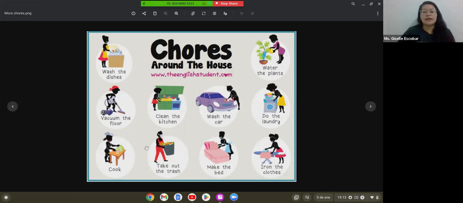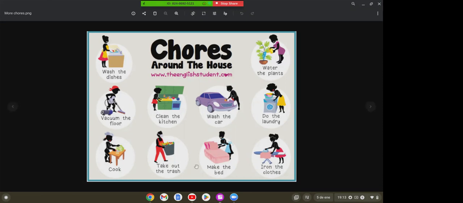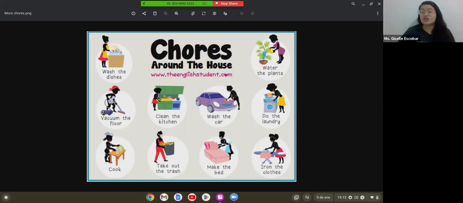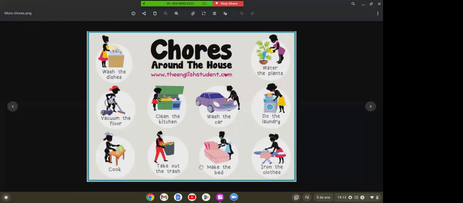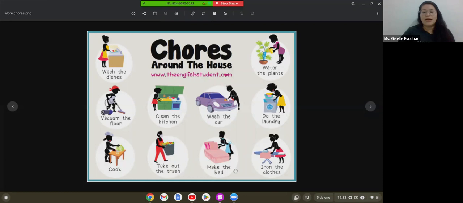Another one, creo que esta la tenemos en el libro también, pero nos la muestra como take out the garbage. Es lo mismo, podemos decir take out the trash, exactly. Another one, make the bed. Esta la vimos ayer, so make the bed, that's another one. And iron the clothes. Planchar la ropa. So those are other ones, just in case you want to add more vocabulary. These are other options. So let's move on. Let's continue.